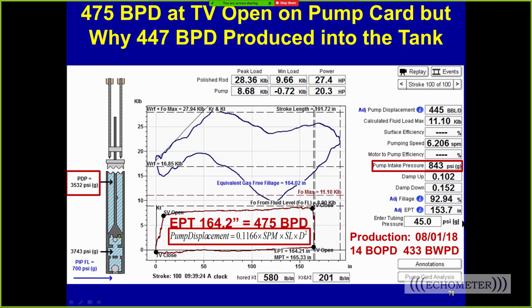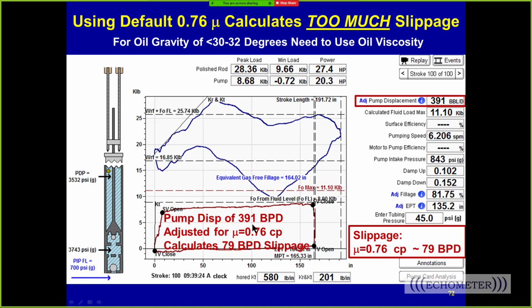But this is a well up in Wyoming, and the operator said, hey, you're way off. You're calculating a lot of extra slippage on my well, and I'm not seeing that much slippage. I'm getting a lot more. So if we use a 0.76 viscosity, we get 391 barrels a day, and that means that there's too much